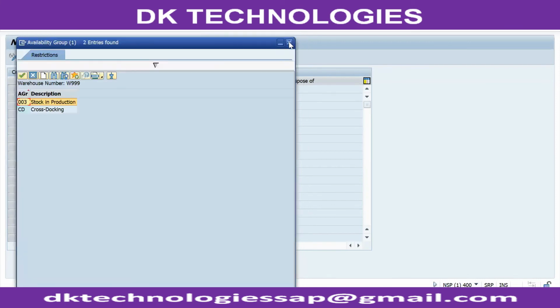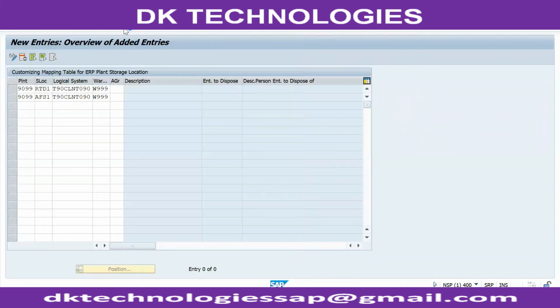If you're not copying properly, you are missing something. One minute, let me copy the warehouse from a different warehouse.